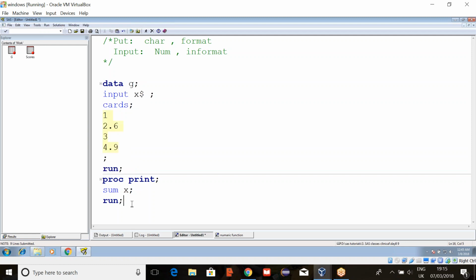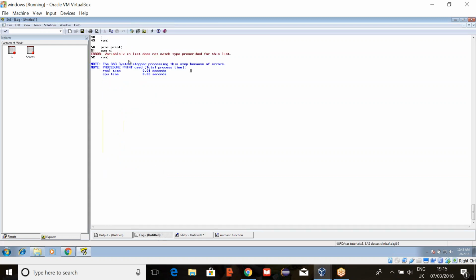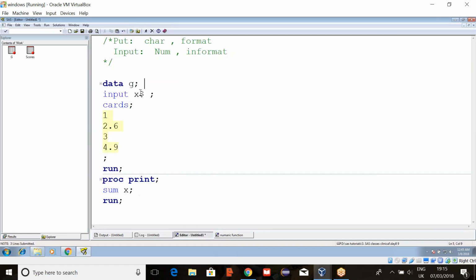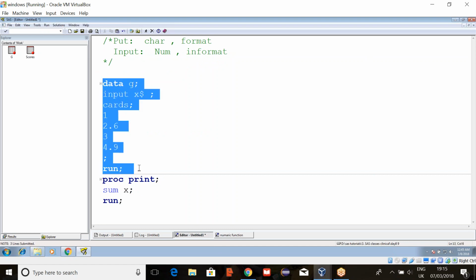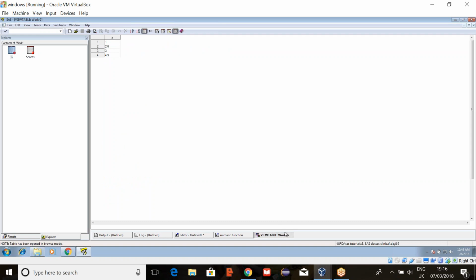Is it possible? If you want to check the sum of X, it won't give, because of the error: variable X in list doesn't match the type, because this is a character. Now I want to change this into a numeric variable. In real time, we will not have this code. They'll simply give you the dataset. Then how will you change the type?